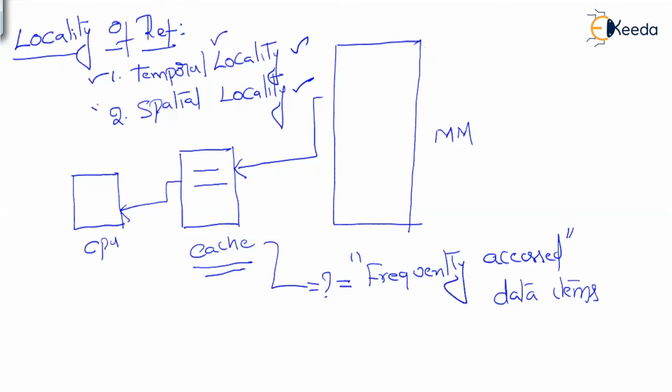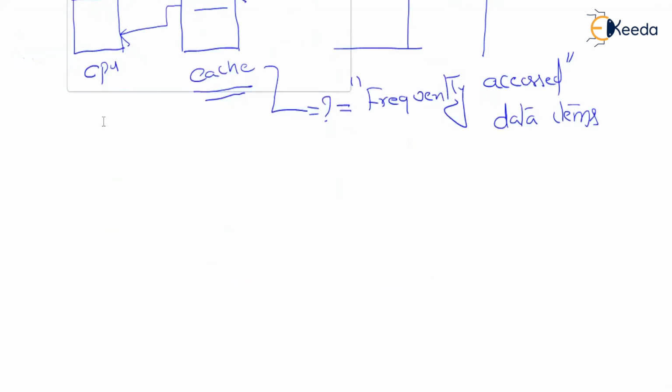What is spatial locality? Spatial locality is a phenomenon in which, in addition to the currently accessed data element, the data elements which are close to it might also be accessed in the near future. For that reason, rather than sending an independent data element to the cache memory, you transfer a group of data elements of which the currently accessed data element is a part. Okay, this is what spatial locality is all about. Now understand this concept with an example.